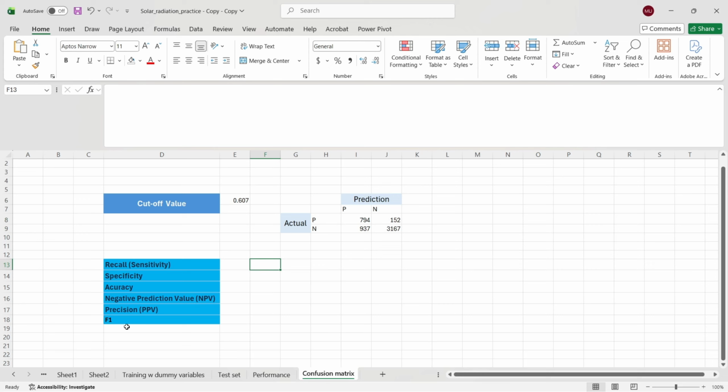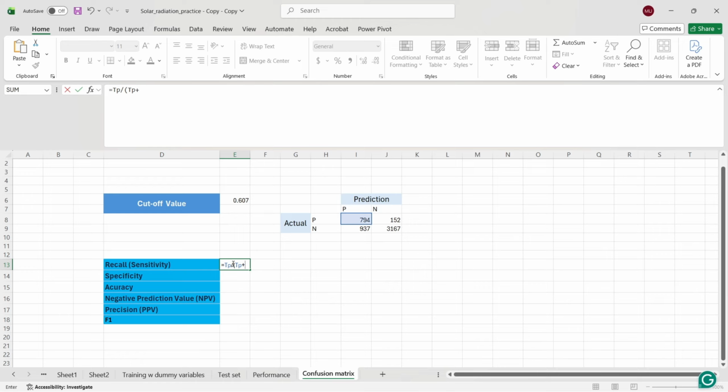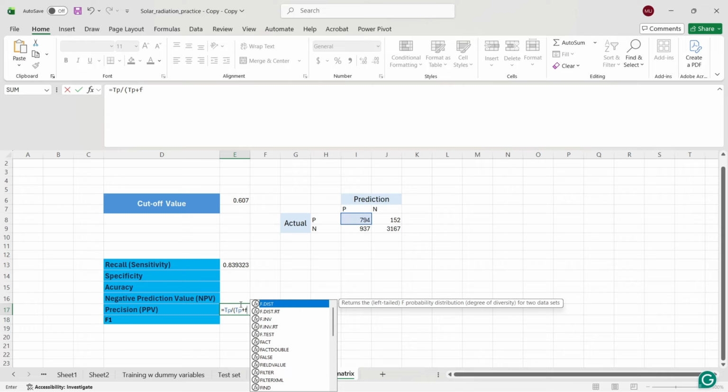Here our goal is to maximize the F1, and by doing so we will be able to find out. Now for the recall or sensitivity, that is equal to true positive divided by true positive plus false negative, sorry. Okay, and the precision will also be true positive divided by true positive plus false positive,